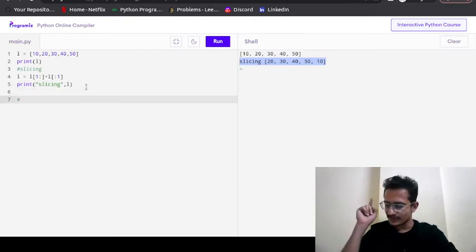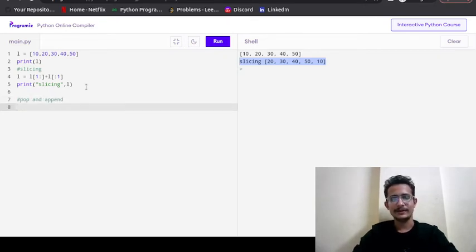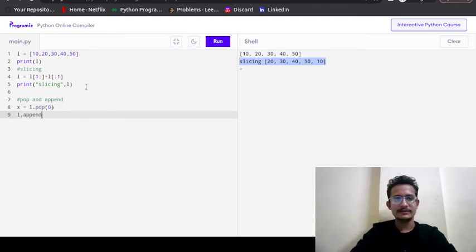Next approach we have seen is pop and append. Let's name this as pop and append. So X will be equal to pop, sorry, what is the syntax? L dot pop. And what is the index that we need to pop? The first element, so it will be the 0th index. Perfect. Now L dot append, and we will add that element at the last.